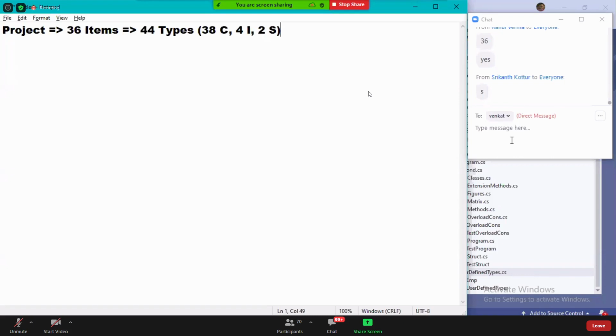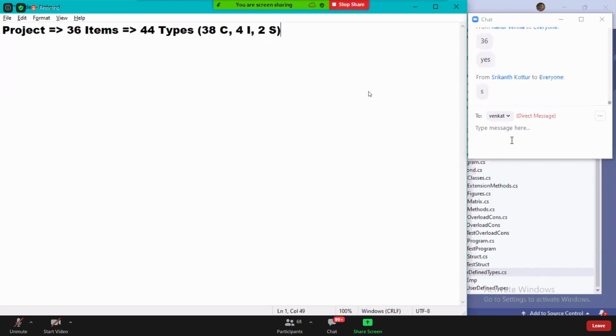So in this process, every team will have a separate project. Ten teams will have 10 separate projects, and finally all the projects are integrated together into one single unit.